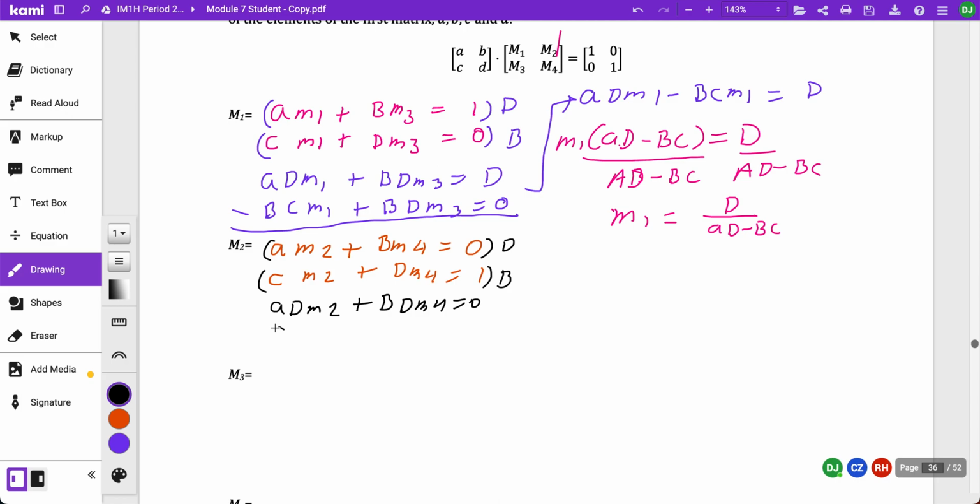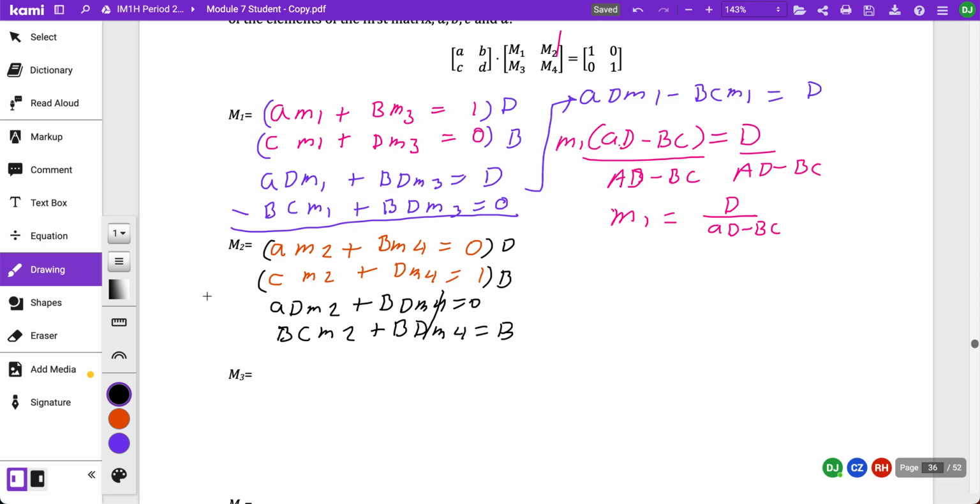I would then also do the next part, which is B, C, M2 plus B, D, M4, which equals B. All right, so then when I subtract these, the BDM4s cancel,